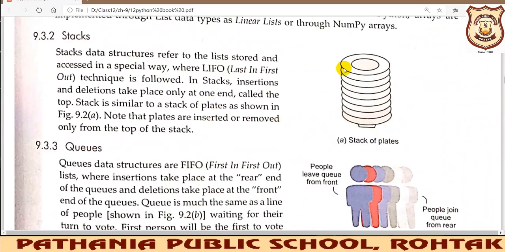Like if we want to take out this particular element out of the stack, then all the above elements or the plates have to be removed, then only we'll be able to access this plate. So we have to move sequentially. If we want to add a new plate, we can add it just at the top. We cannot add a new plate here, and if we want to add a new plate here, then we will remove all the above plates, then we have the choice to put another plate here.